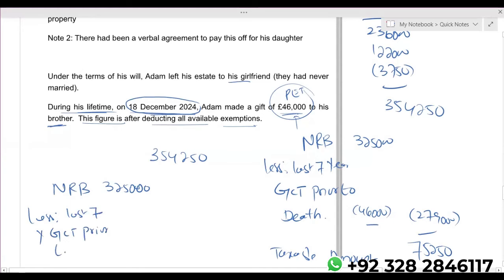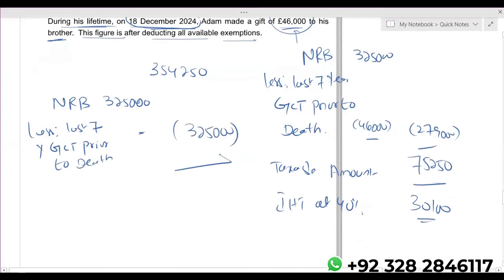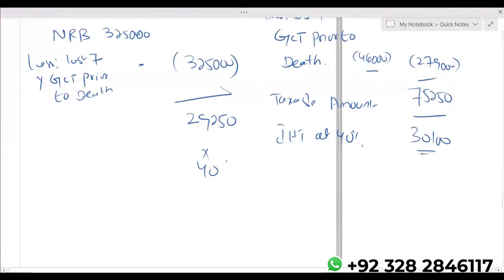We don't have anything, because 46,000 is not coming in the previous 7 years from the death. So the entire 325 will be available. So your taxable amount will be 3,54,250 minus 325. Taxable amount is 29,250. I'll take 40% of that,